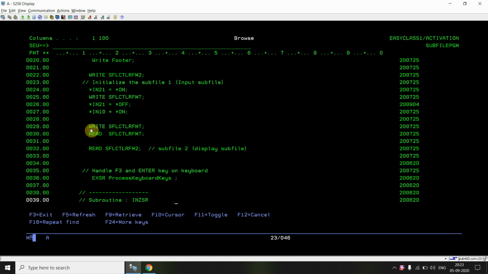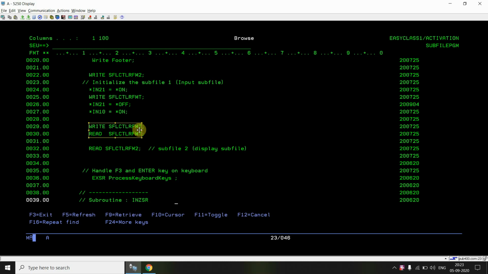Then again I'm writing the same thing, the subfile control format, and reading the subfile control format, so that I would be able to display the multiple subfiles, because this I need to do. If I don't do this, I won't be able to display those two subfiles at a time.